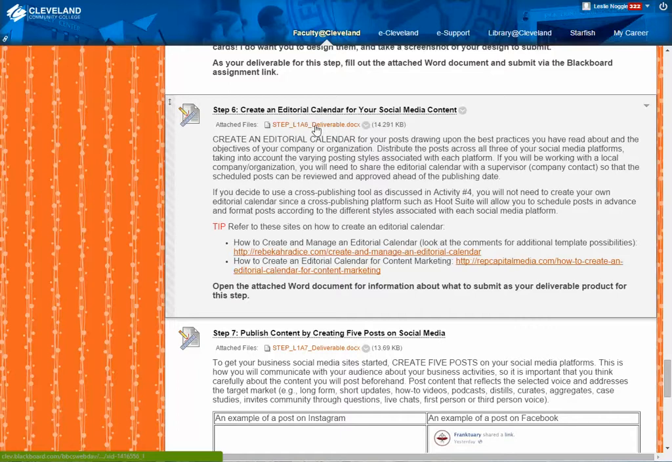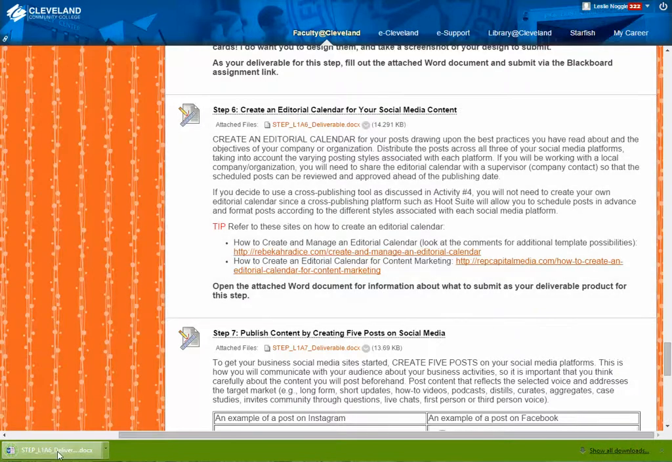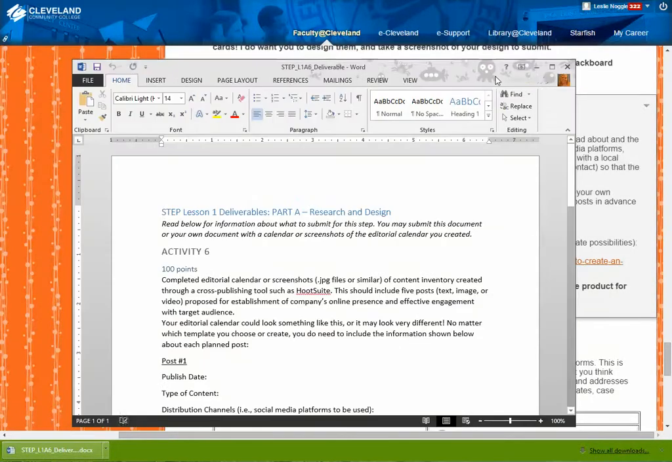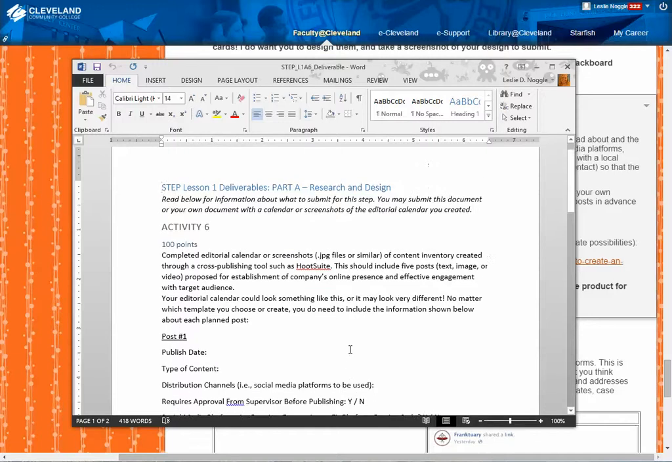After you have done that and you get a handle on what an editorial calendar is, then you can download the Step 6 deliverable document that is linked for you. And you can see that basically for this, you are going to need to submit a completed editorial calendar or screenshots. If you are using Hootsuite, you can just send me screenshots in this document of posts that you have scheduled. That includes 5 posts, text, image, or video,